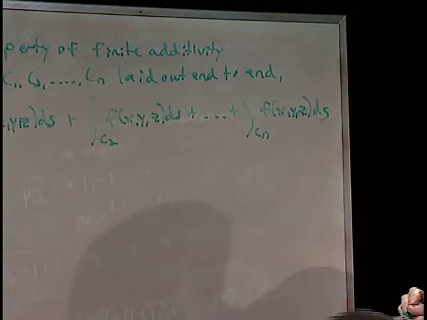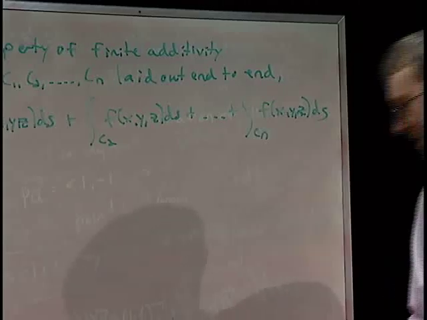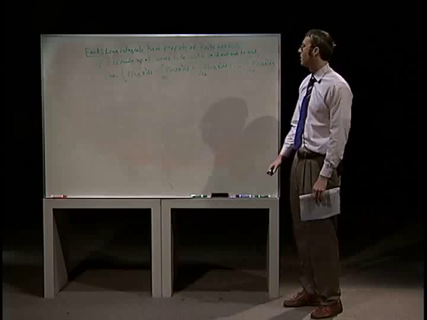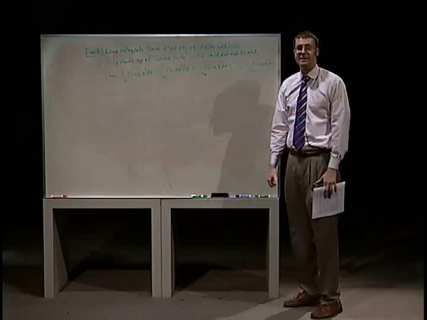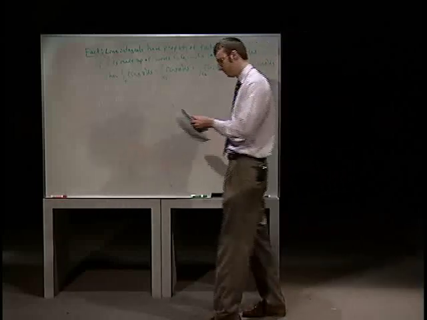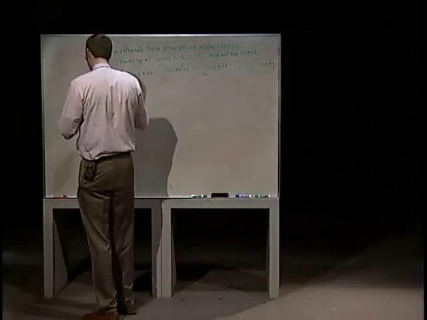So when you have a finite number of curves, C1 through Cn, making up the curve C, you can just add up all the separate line integrals and you would get the actual integral that you want. Okay? So let's try that out here. So,